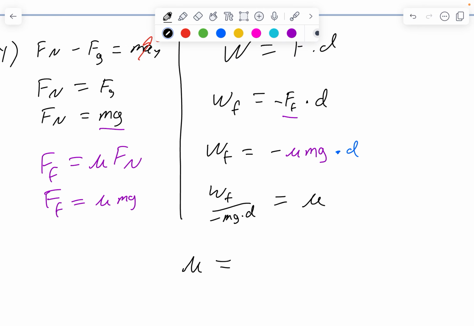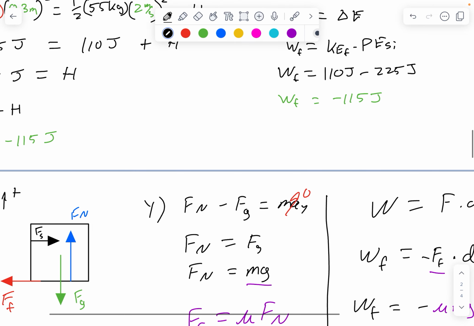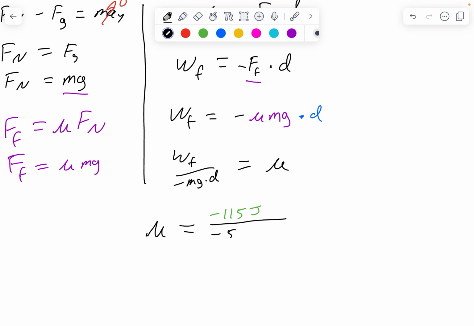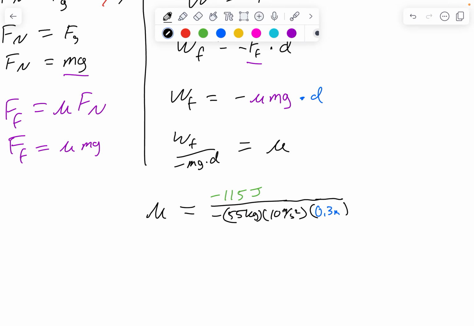The work that gets done by friction is the negative 115 from above. Take that and divide it by the mass, 55 kilograms. Notice my negatives are going to cancel here. Then 10 meters per second squared for gravity, times this displacement, which is that 0.3 meters again. If I put that all into a calculator, we're going to find that this coefficient of friction is equal to